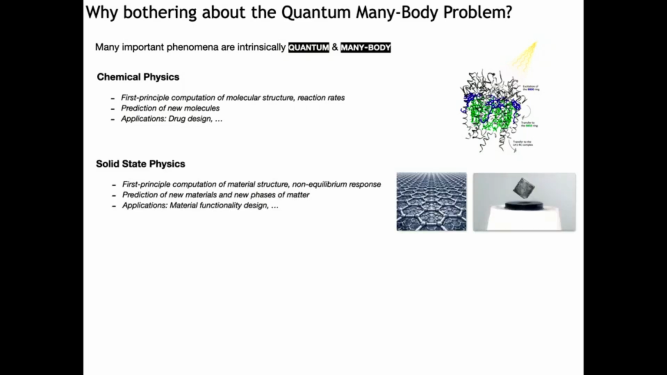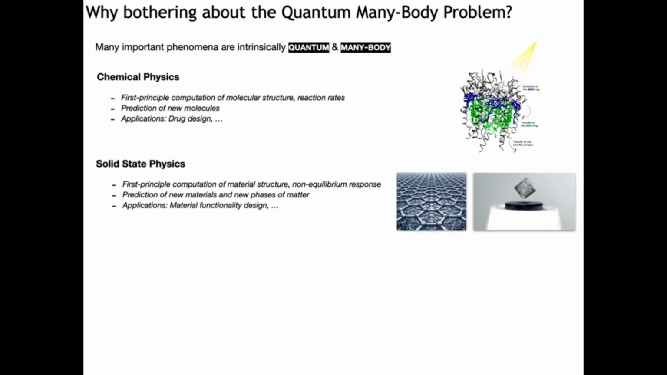Okay, another domain where the quantum many-body nature of the problem is supposed to be important is solid-state physics, of course. There, first principle computation of the quantum many-body problem would allow us, in principle, to have first principle computation of material structures, for example, or non-equilibrium responses of materials, and this would be important to predict new materials or new behaviors of matter, or to understand better certain elusive phases of strongly correlated electrons, like, for example, high temperature superconductivity and so on. And of course, even here, the applications are